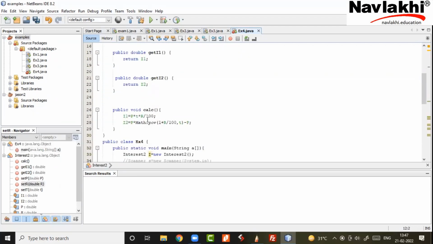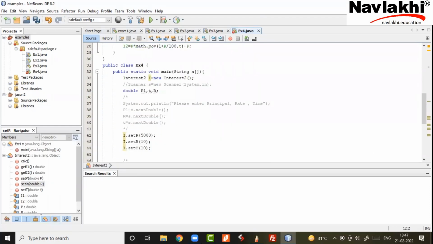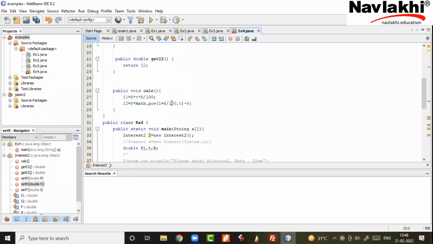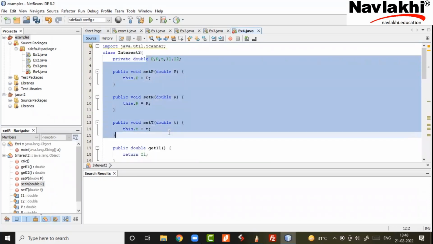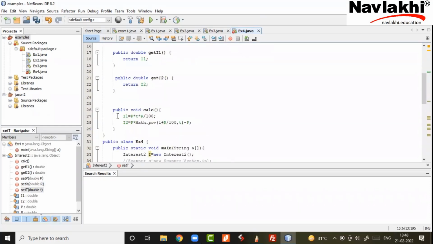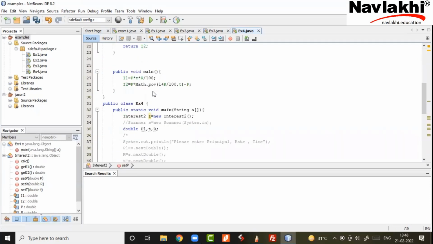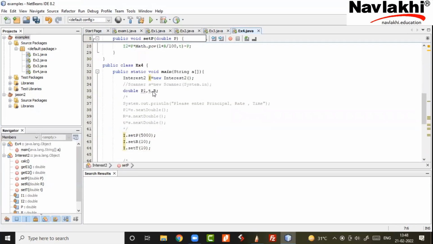This class becomes so generic that you can bring input from anywhere, from the client, or send the return value of another function to setP. You can do anything. Send constants, do whatever. My class which is doing input and calculations and returning is not getting affected. So getter-setter is an approach by which the class becomes the most general class. Most generic in terms of how the input comes. I don't have to worry.